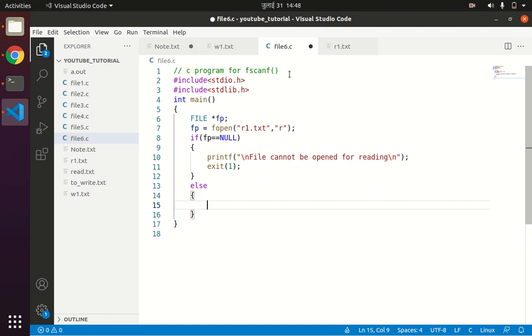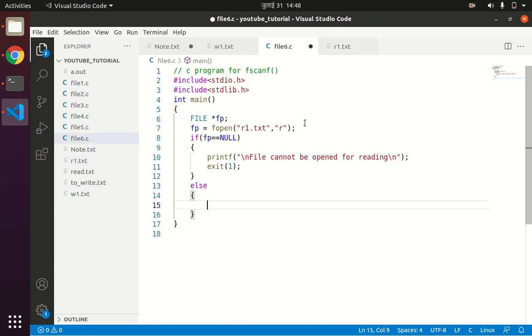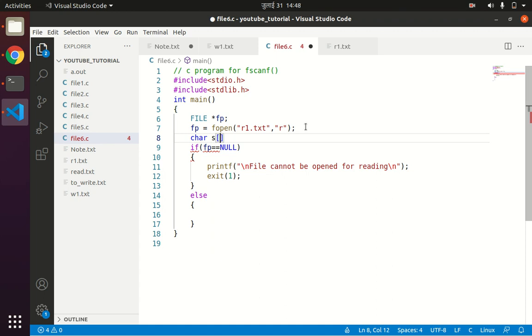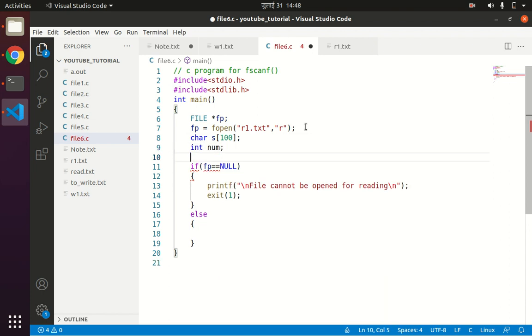Else, since we have to read a string, one integer and one floating point value, I'll create variables to store the values. So char s[100] to store a string, int num to store the integer value, and float num2 to store the floating point value.